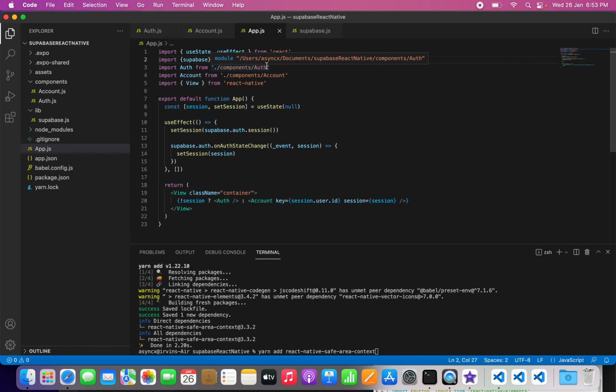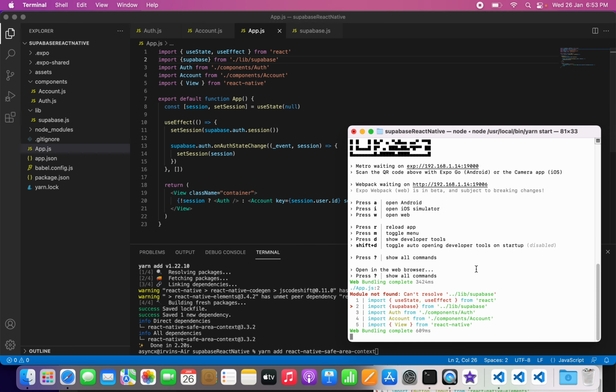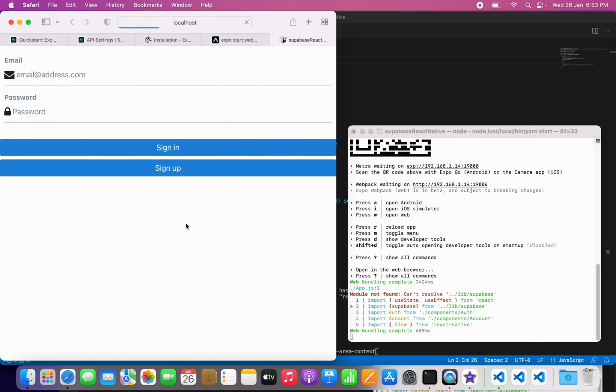So this is on the same level. So web bundling is correct. So everything's good. This refresh, and wonderful. We get a login details. So yeah,